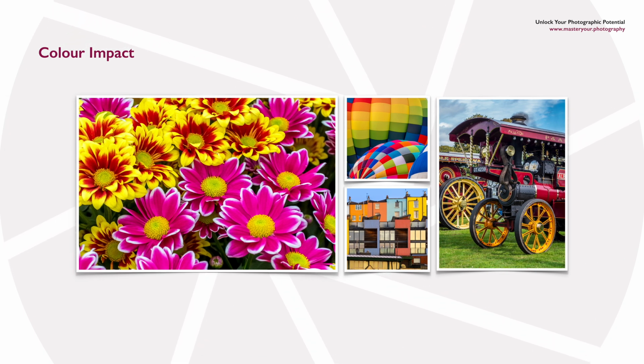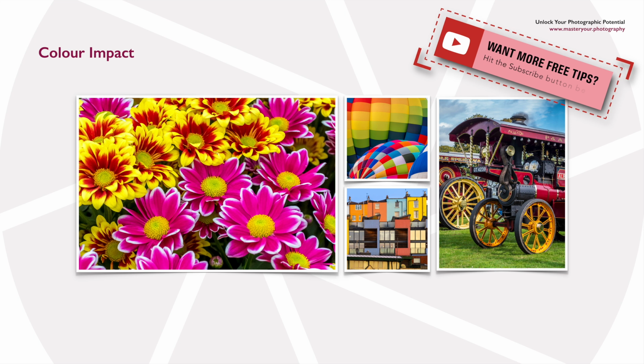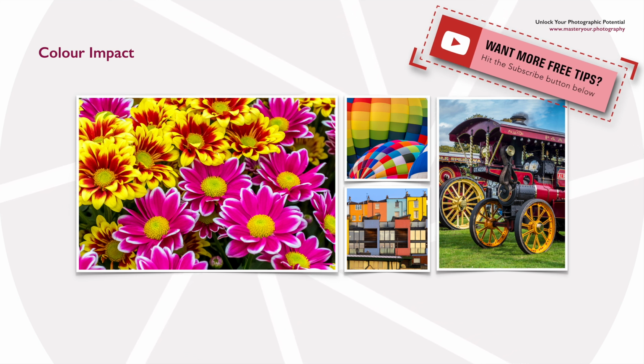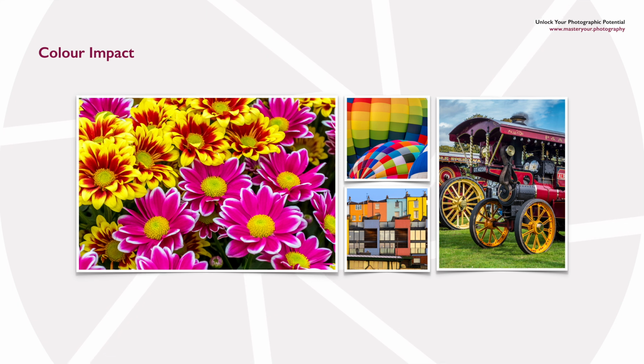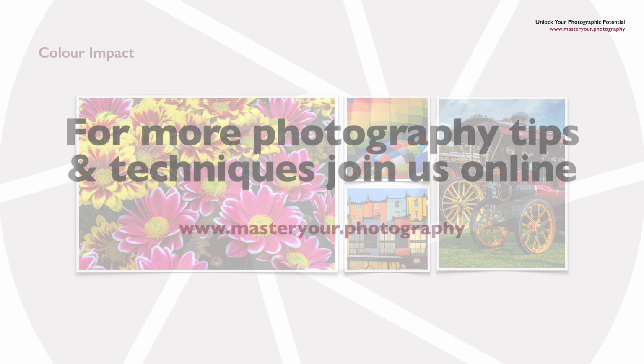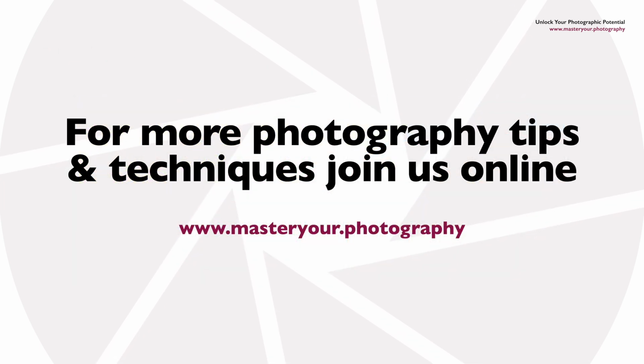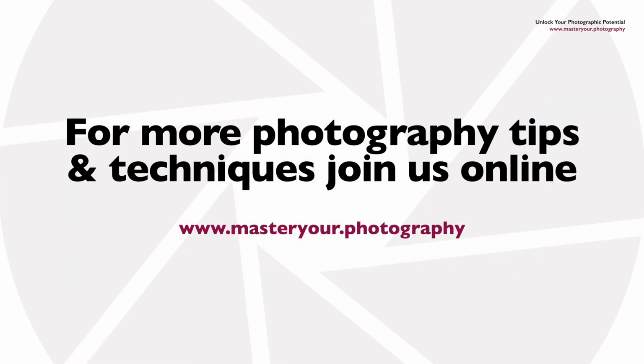So that's a quick overview of how you can use colour for real impact in your photography. The main point I'd like to get across here is don't be afraid of colour. Use it to your advantage, look for complementary colours, look for analogous colours and even monochromatic colours. The main thing is, next time you're out and about with your camera, start to look not just at composition, not just at your main subject, but at the colours and how they blend and work with each other